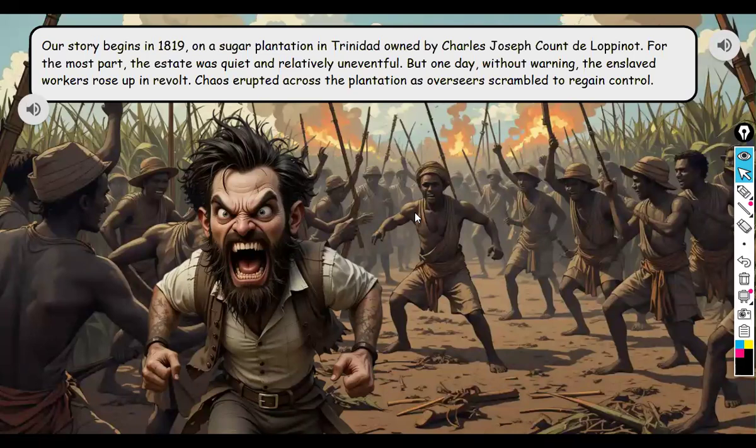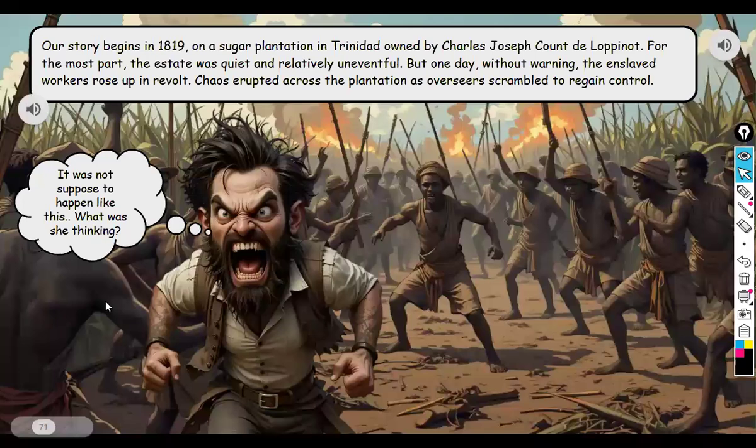This is where our story starts. It starts in Trinidad, where there's an unexpected revolt by the slaves. It came out of nowhere, and that's going to be a key part of the story, right? There was a revolt and there were no signs of a revolt coming. It just appeared, right? And of course, one of the slave owners here, he's very confused because he didn't expect